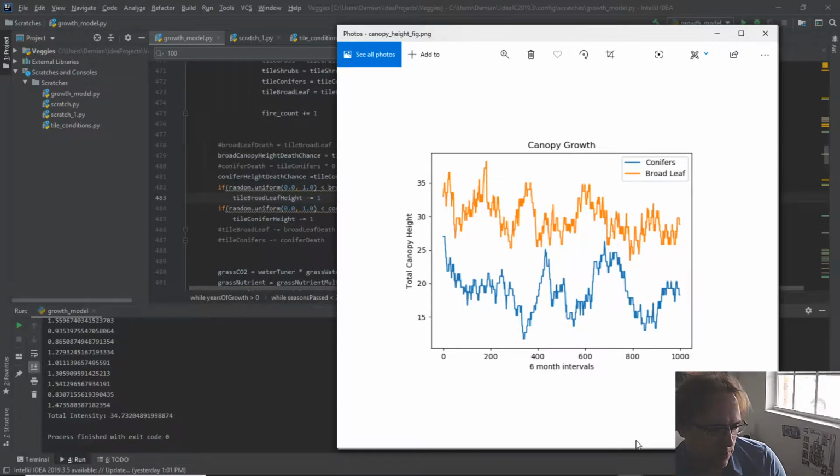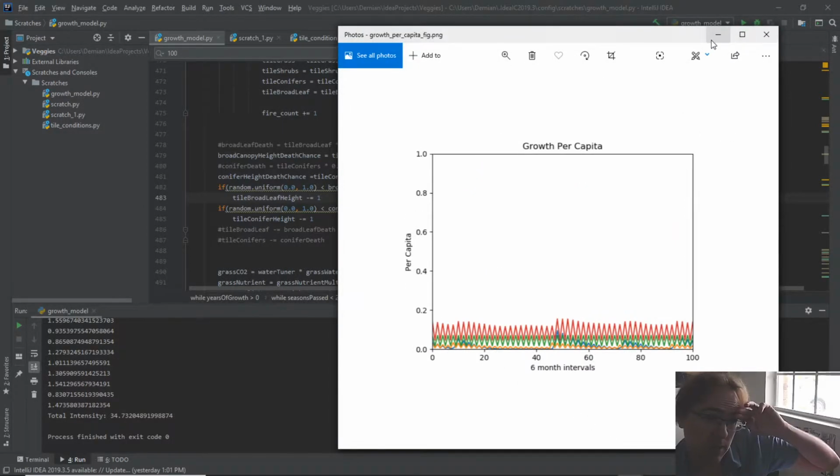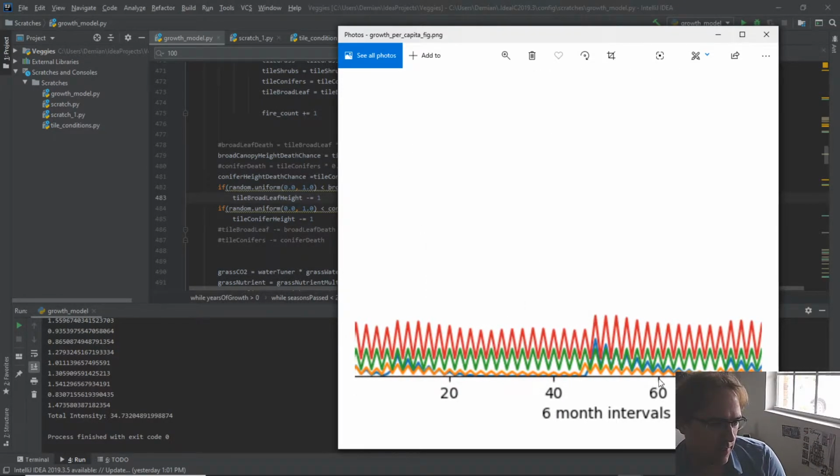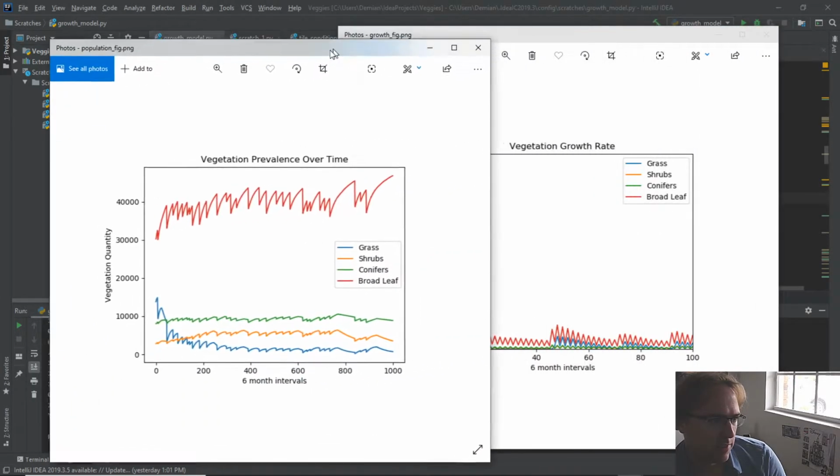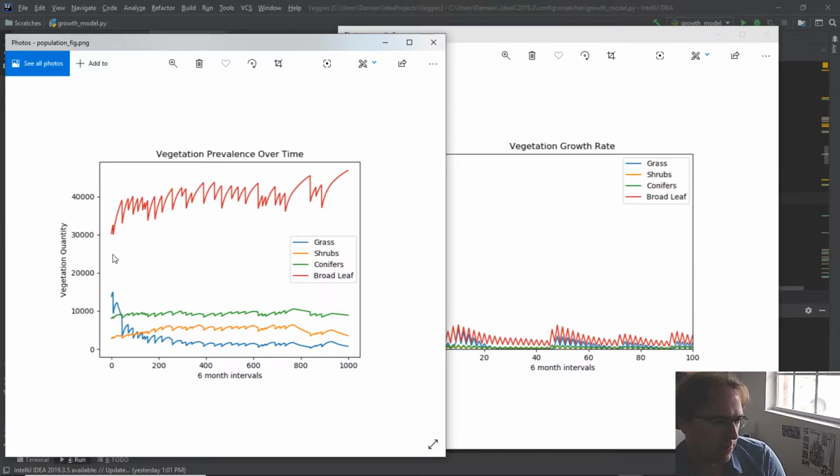One every 25-ish years. Anyway, so yeah, that's canopy height. We'll have to retune that. This is per capita growth. You can see there's seasonal variation for different types of plants. And then here's our vegetation prevalence over time relative to one another. Here's broadleaf trees, which are like your maples, conifers, which are like your pines,